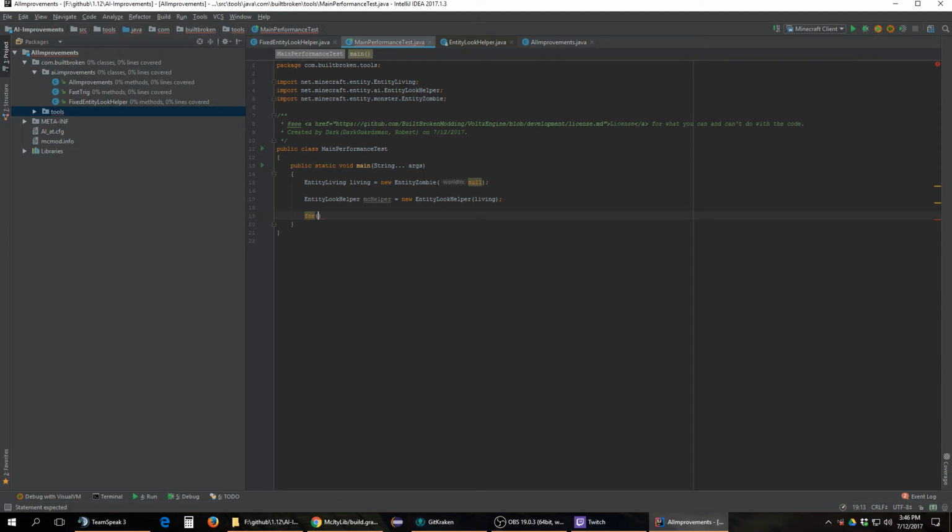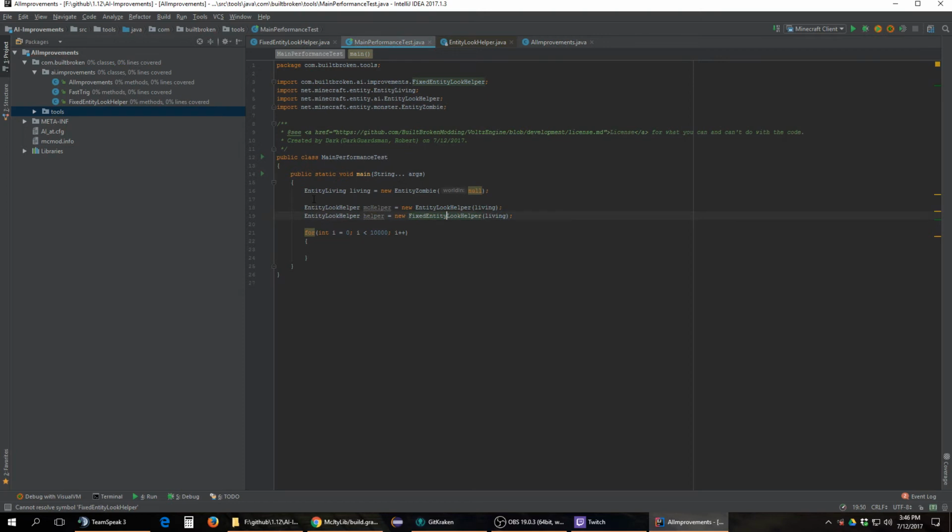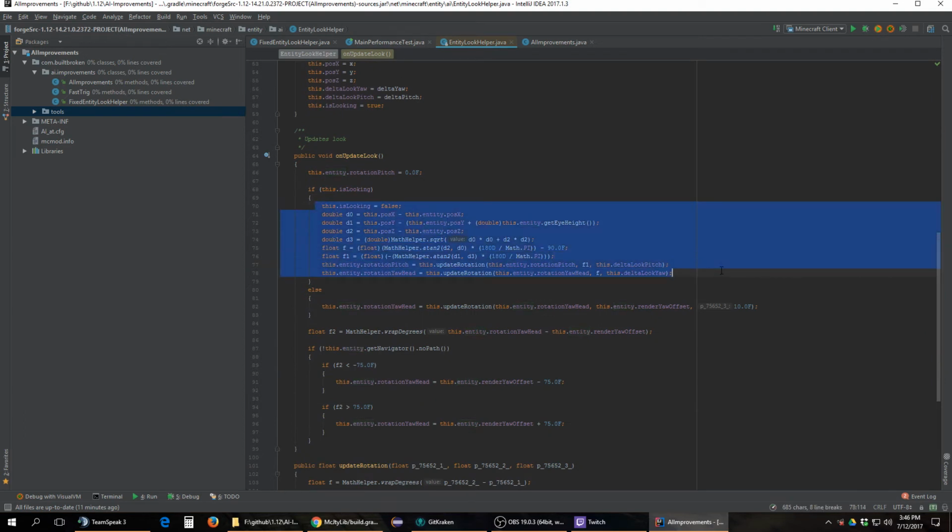So we want to do int i equals 0, i is less than 10,000, i++. And we're going to want to make our version of look helper too while we're at it. So this will be just called helper, and this will be, of course, fixed entity helper. And we're going to make sure they're both the same type over here, that way the same commands are being run on both. So first thing first is we're going to call MC helper dot is looking true, and then we would call helper dot is looking true. So that way we set them both to default. That way the piece of code we want to run is this guy, and that requires that this be true. And I don't think...